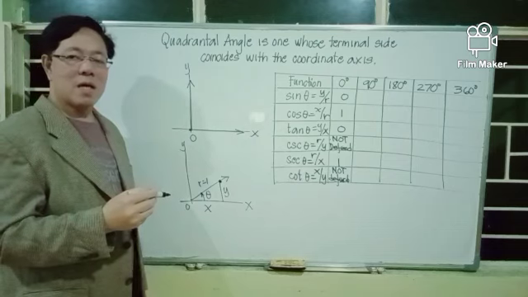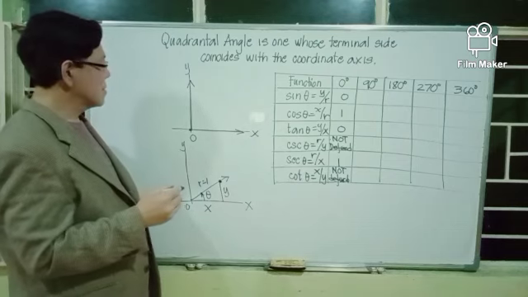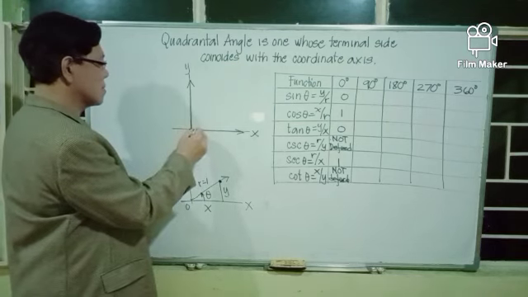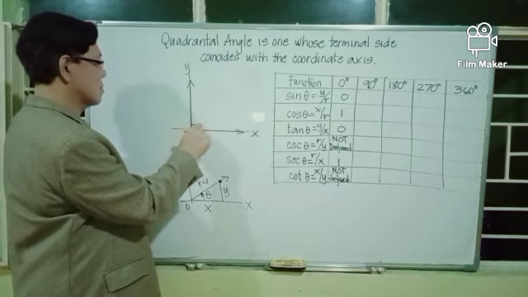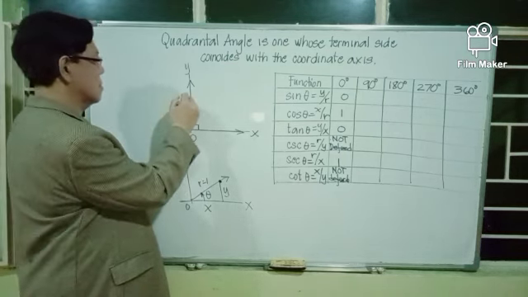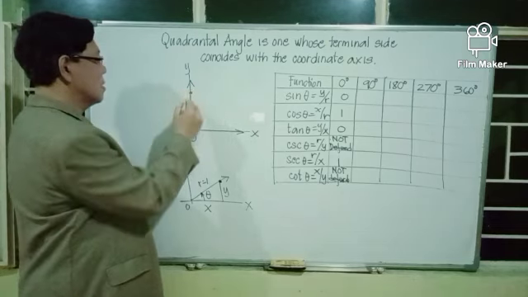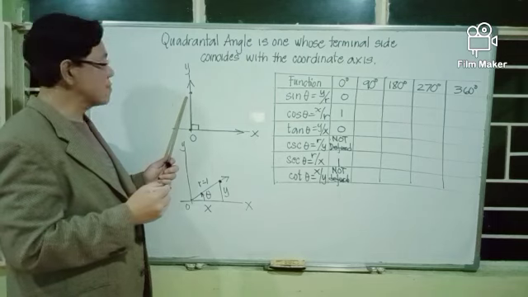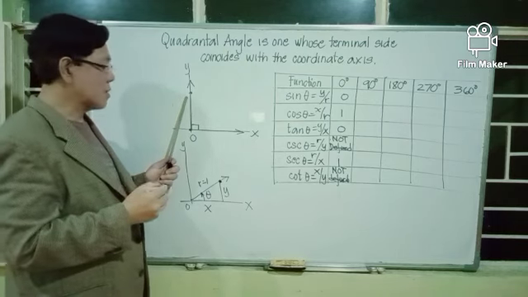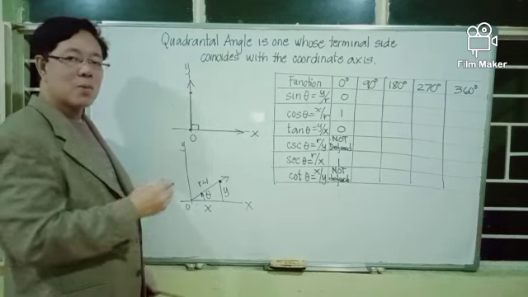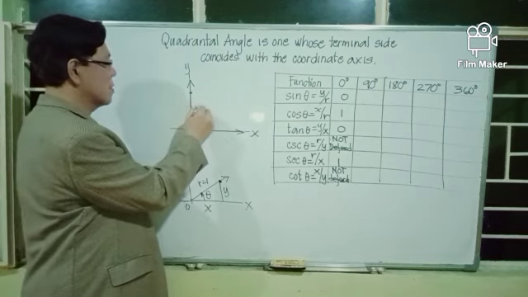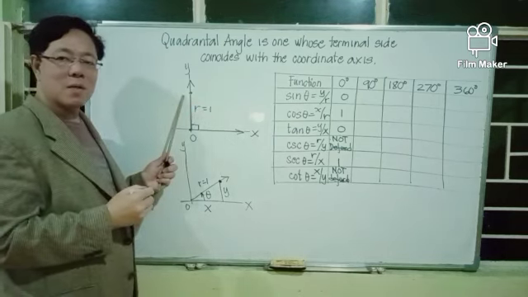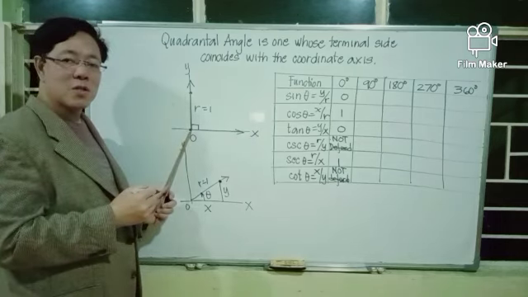And we take a point on the terminal side of 90 degrees. The distance of this point on the terminal side of 90 degrees we take to be equal to 1 unit. The distance of this point from the origin, or the radius vector, is